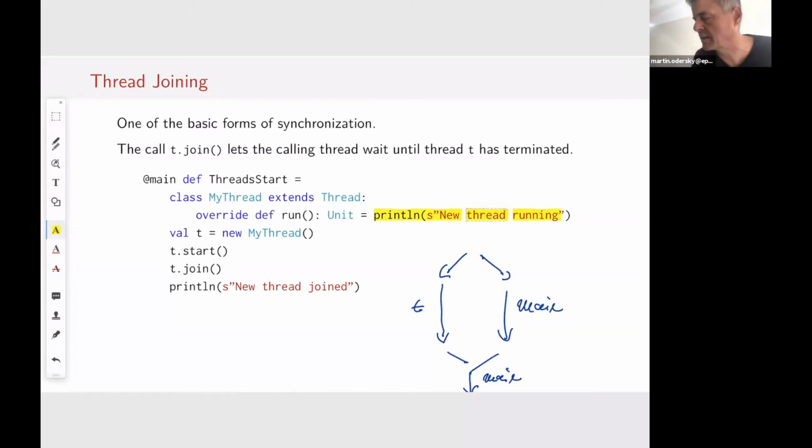And the answer is yes, it can. That's done with this join statement here. So the main thread here, and now here we do the low-level thing. These first statements are equivalent to just starting a thread with the thread method. So we build the thread, we define the thread, we start it, and then we join it, which means we wait until it's finished. And then there's a final print which says that the thread is finished or joined.